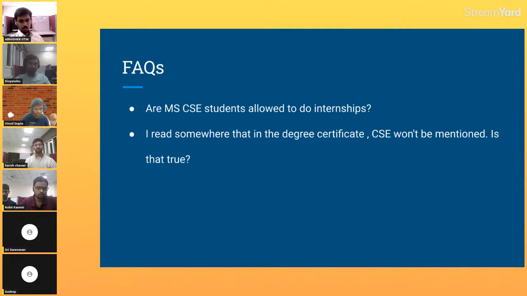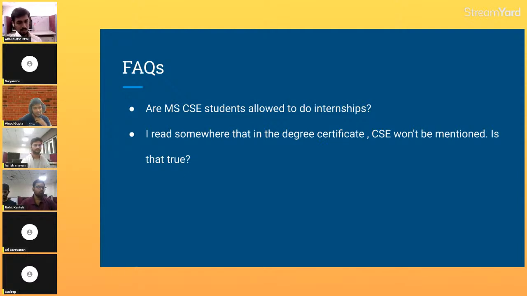Okay, so again talking about the internships, as I mentioned, MS people can also sit for internships. I will explain the procedure. When you are admitted for the course, what happens for MTech CSE is that they can sit for internships in the same year in which they are enrolled. But for MS CSE, if you are enrolled in 2024, then you can sit for internships in the next year, like 2025.